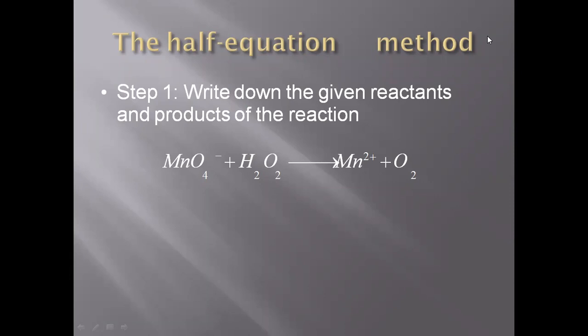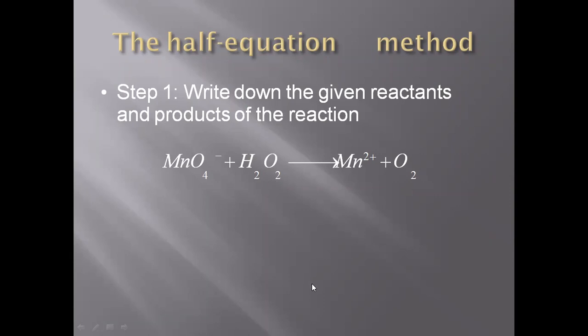This is your equation and you have to balance it on the basis of electrons, hydrogens, and oxygens. As you can clearly see, this is not a balanced equation, since hydrogen is there on the reactant side, but on the product side we don't have any hydrogen. So we need to balance it properly. The number of oxygen atoms is different. Here one molecule of oxygen is there, but here we have 6 atoms of oxygen. So we need to balance it by the half equation method.